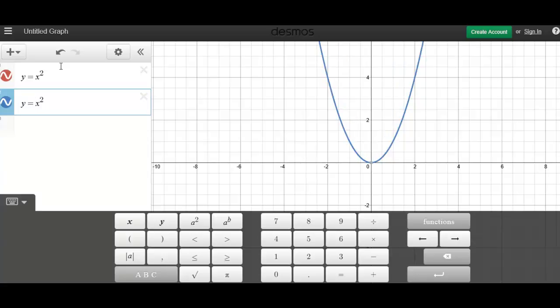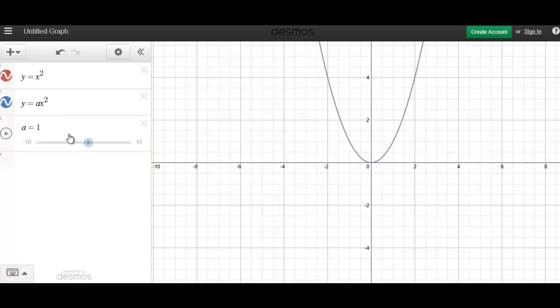In fact, I can show you really easily. If I put an a in the front, it lets me put a slider. This is such a cool graphing calculator. Now watch what happens. Right now, a is 1, as you can see right here. If I increase a, the bigger the number, the skinnier or the more stretched vertically the parabola gets. Okay? And I'm going to go down. As soon as it is 0, it's a straight line going across at 0. As soon as it's negative, it's upside down. The bigger the negative number, notice the number's getting bigger,